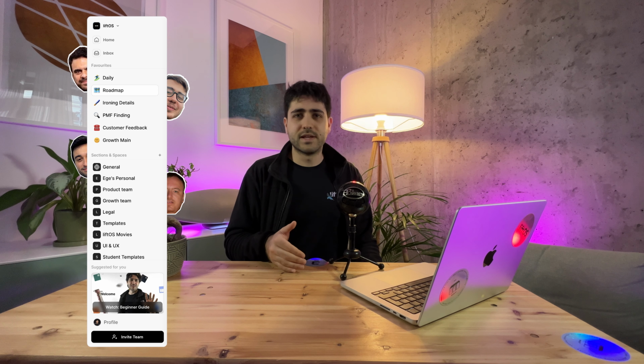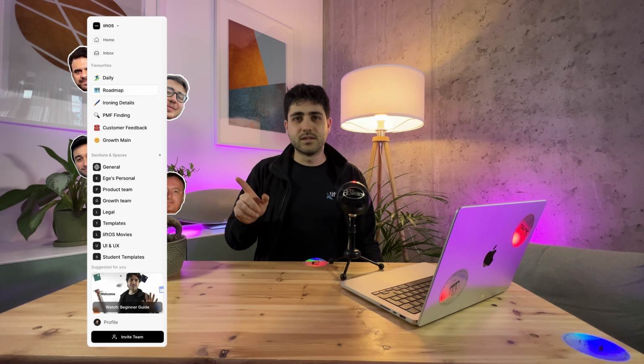And liftOS is super flexible. So the fact that we're using it like this doesn't mean you have to use it like this as well. You can create your own space, you can create your own sidebar structure. However you want to work with liftOS, you can work with it. It's super customizable. So there's a bunch of use cases, and we're now trying to build templates to help each persona benefit from these as much as possible.